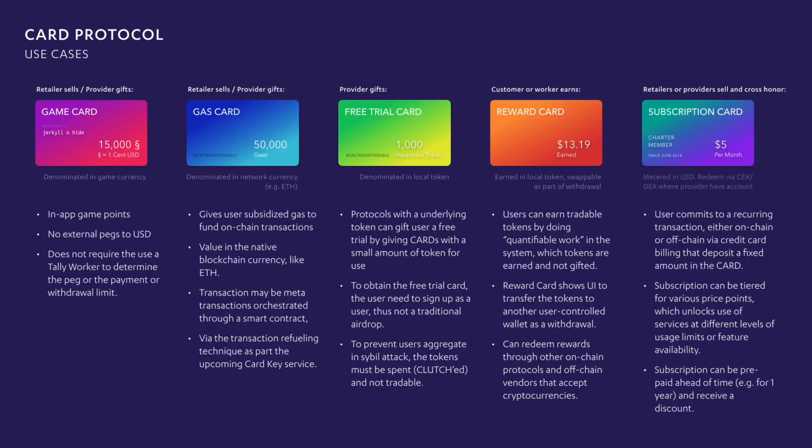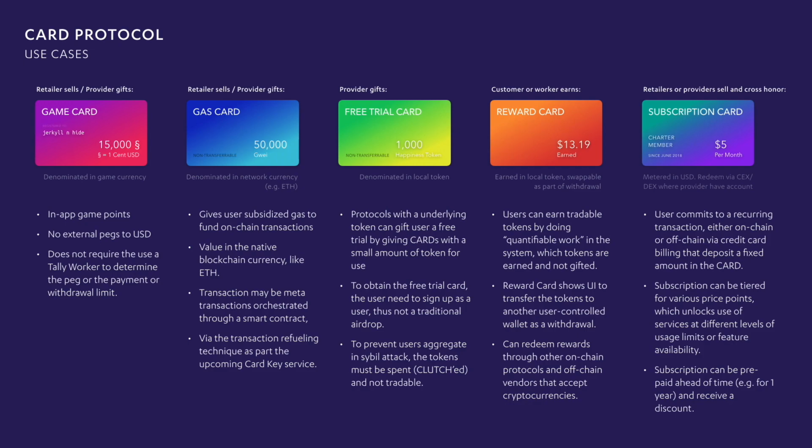But prepaid cards help us understand the basic operating principle of what the card ecosystem is. A subscription card is just another type of card. It has similar types of affordances and account. It just automates certain processes, so you don't have to do it every month, and you don't have to top it off, for example. So you can even prepay this stuff. The idea is that all these things are value in, whether it's gifted or earned or purchased by the different participants in our network. The UI for this stuff is just that you double click on a card and see what's going on, almost like opening up a wallet in your smartphone.